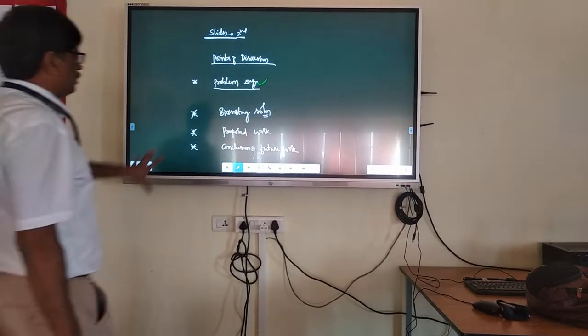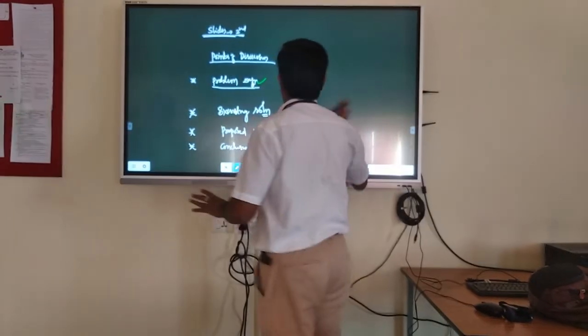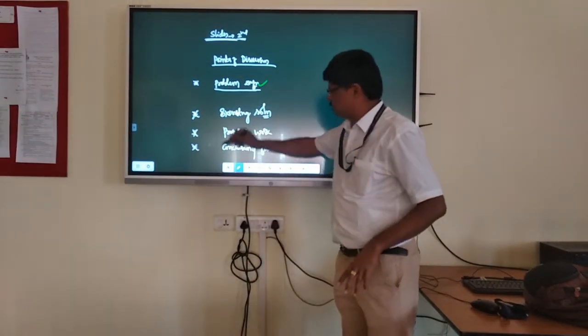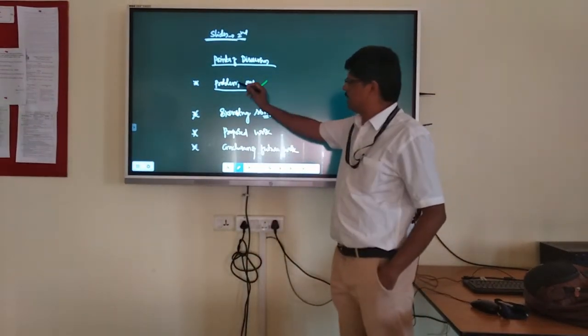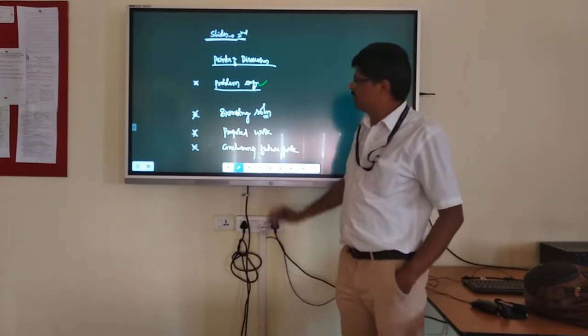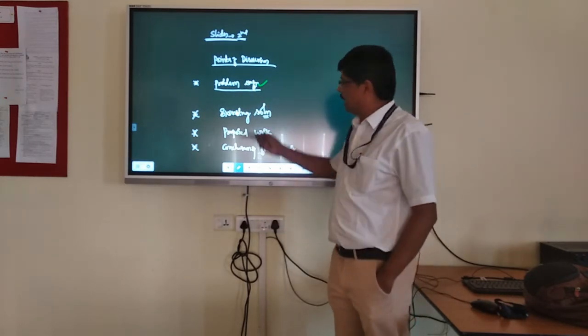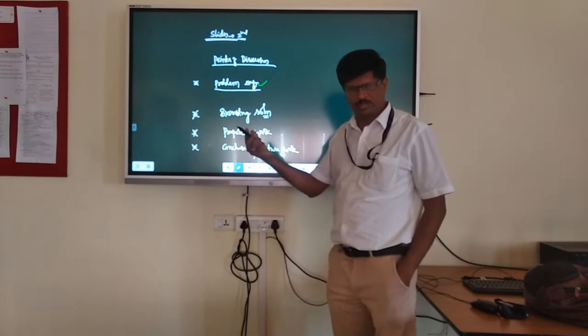This should not be a full page. You write points only, and explain the points. Your explanation should be more and your writing should be very little, point-wise.